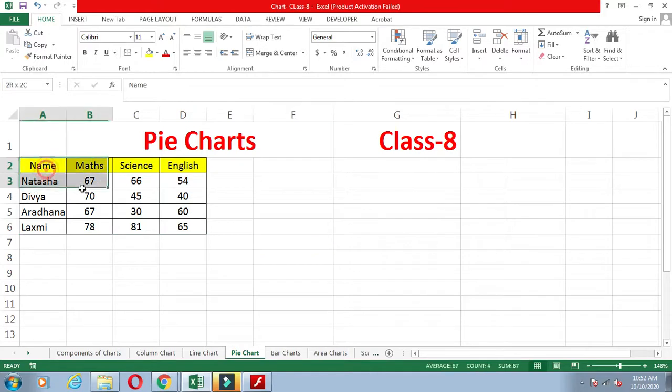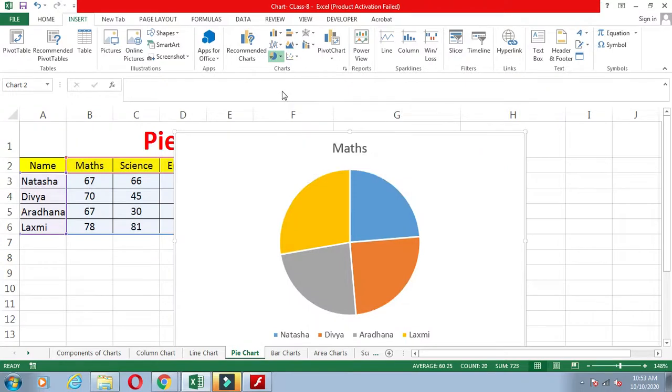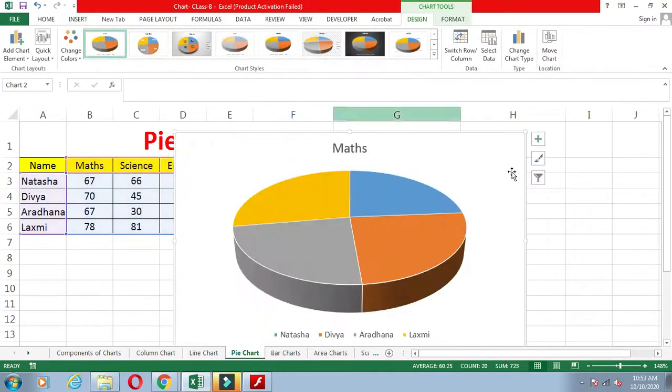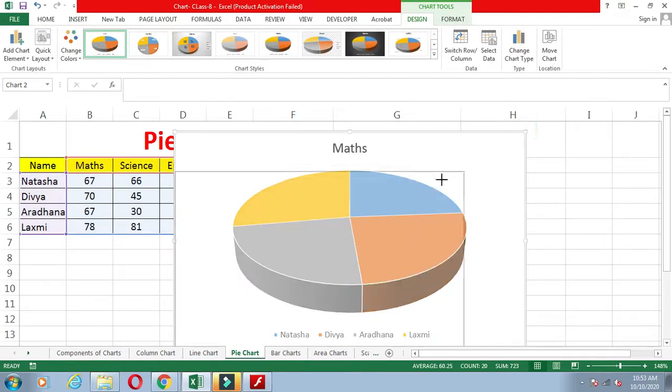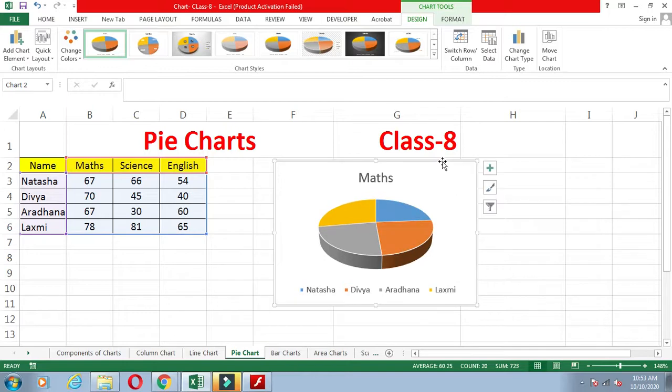We can select the 3D chart. That 3D chart will appear, and it shows one of the data series with the total records. Now here, have you seen, only the math record is showing with all the students, only math record.